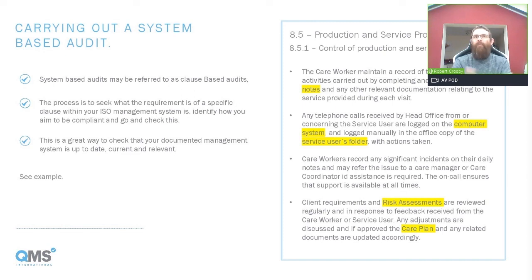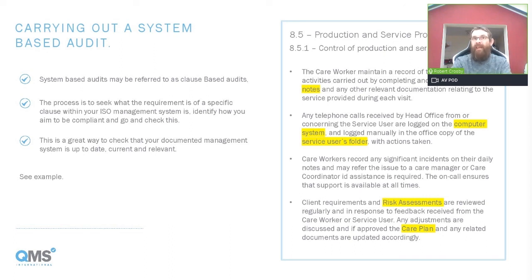And as an auditor, if I'm reading these processes or procedures, what I'm generally doing is picking out key things from that process. As the example on screen shows, we've highlighted daily notes, computer system records, the service user folder. So in an internal audit, I'd be generally looking for evidence to confirm that daily notes are available and that they've been signed off. Computer system records are available and they're relevant to the products or services being delivered. I'd be looking to make sure that we've got a service user folder, and I may take some samples of